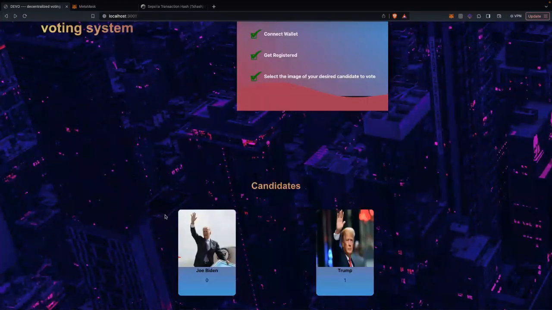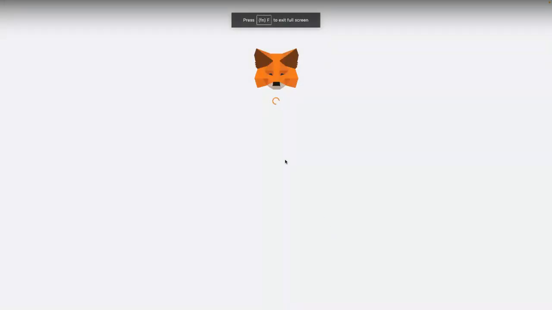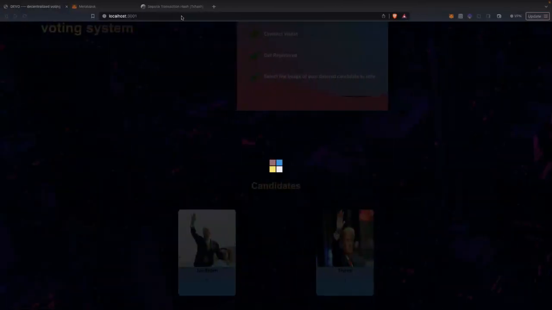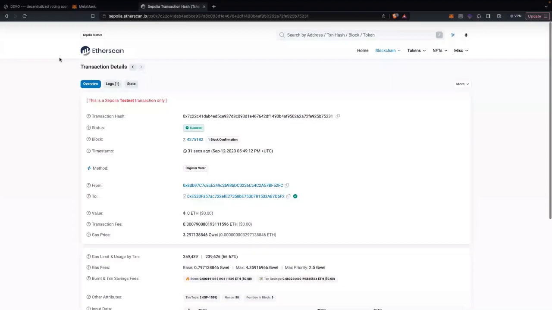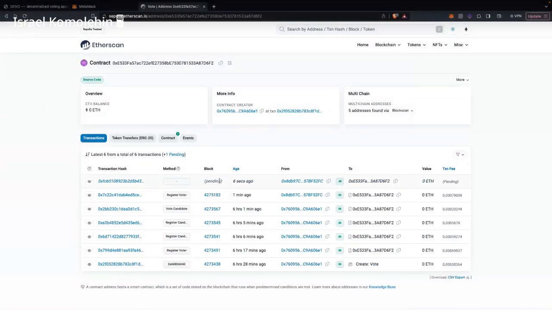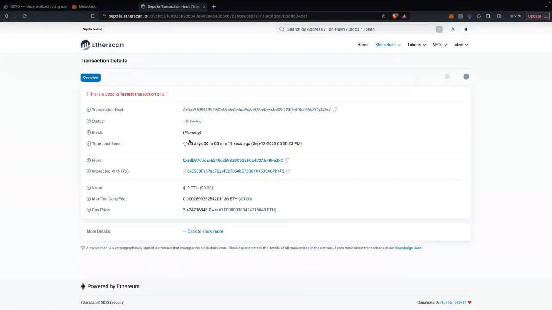I have not voted. So I would like to vote for Trump again. Now, to vote for Trump, I still need to pay a gas fee to do that. My transaction is getting mined. What I really want to show us is that when a transaction is getting mined, you can see pending. If I click on this, it shows pending. It means this transaction is in a place waiting for a miner to pick it up and validate